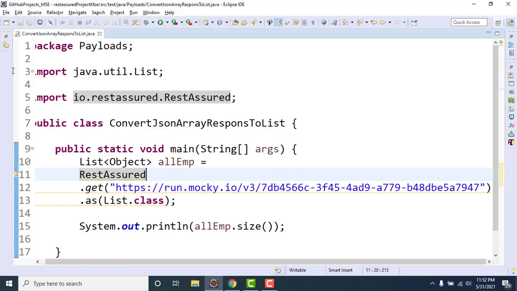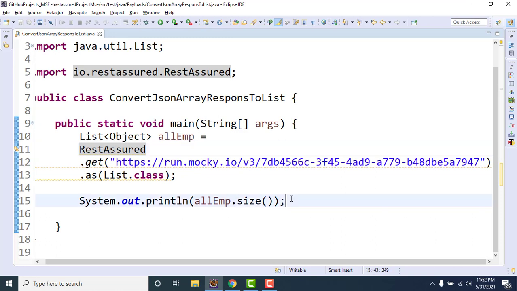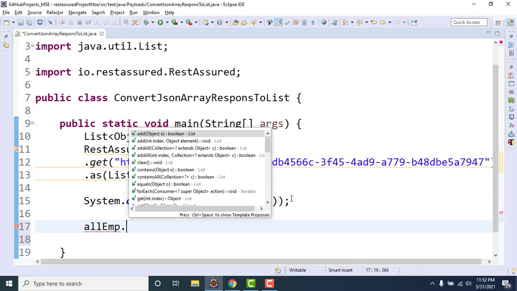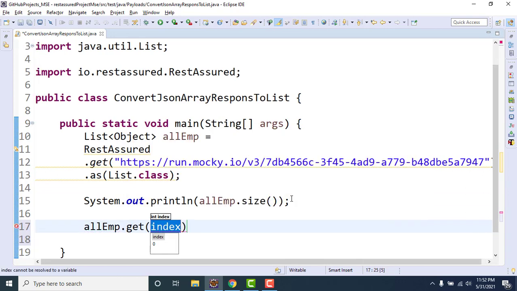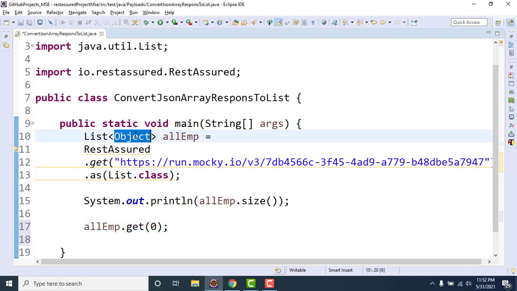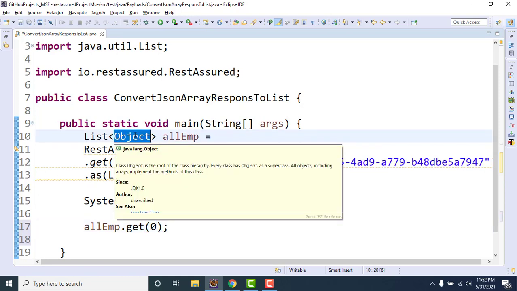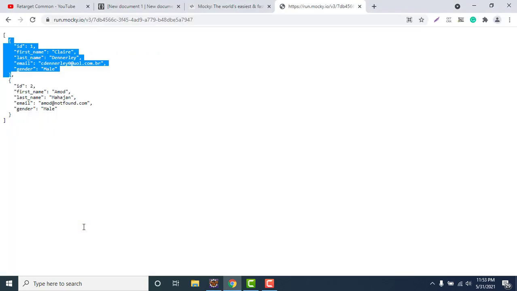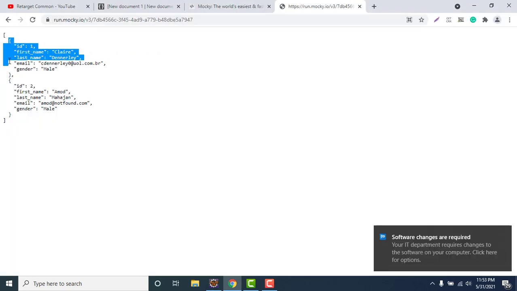So if I go here and do allEmployee.get(0), we have not mentioned the generic here, like which type of value this particular list holds, right? So here I can convert this response directly to a map, because I know it is returning a JSON object, and a JSON object can be converted to a Java map.